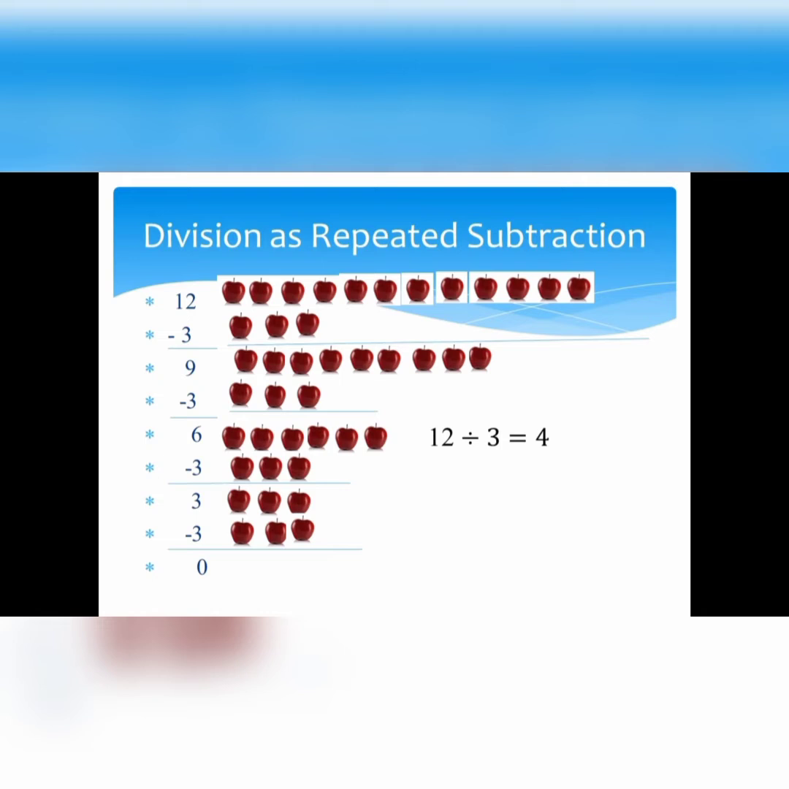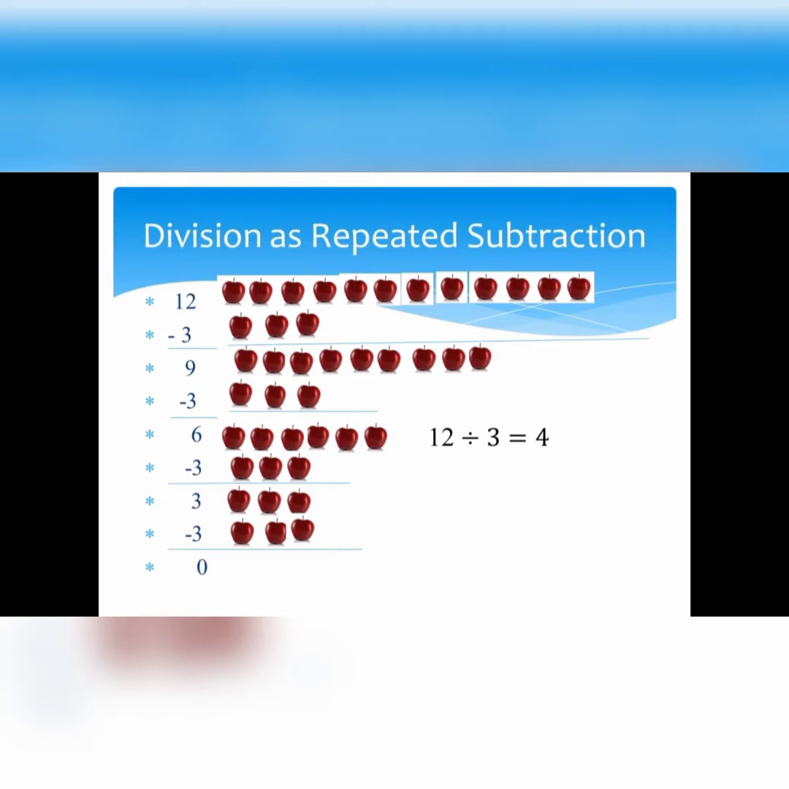Now again taking away 3 more apples. How many apples are left? 1, 2, 3, 4, 5 and 6 apples are left. Now taking away 3 more apples. 1, 2, 3. It means 3 apples are left now. Now again subtract 3 more apples. 1, 2, 3. It becomes 0. So this is your repeated subtraction because we are subtracting the same number again and again till the 12